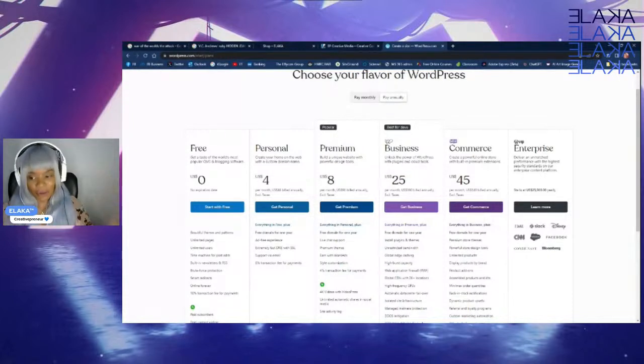Okay, so now we are in the hosting section, which is what you're looking at right now. It's offering you an option for the free version. Get a taste of the world's most popular CMS, which is control